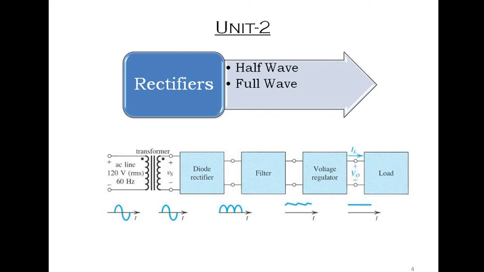Below one is a block diagram which describes the rectifiers, right? First part is a transformer, second part is a rectifier, means that rectifier may be half wave or full wave, which contains the diodes. The third part is filters, which have inductors and capacitors, and the fourth one is a regulator kind of thing. In this block we are going to use a Zener diode. Then comes the actual load. So we can summarize the entire second unit with one diagram. That diagram is nothing but this.